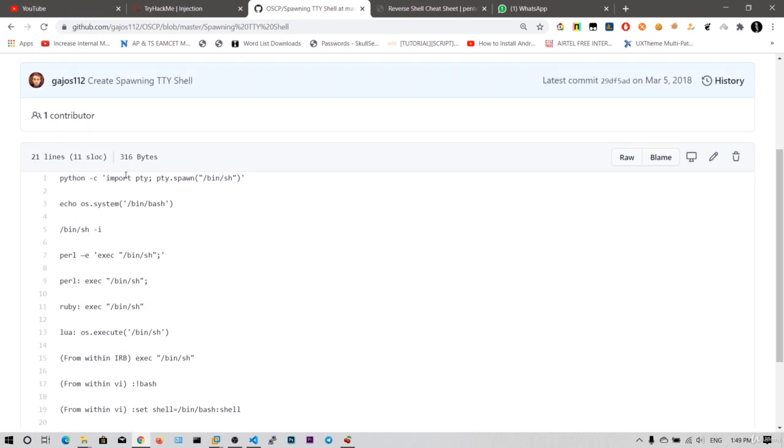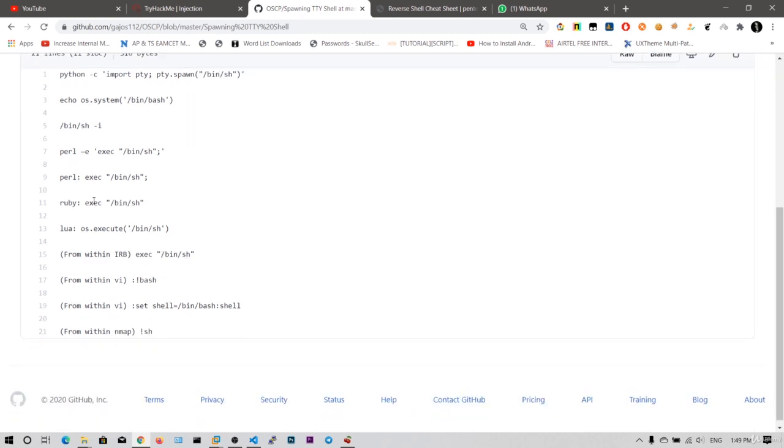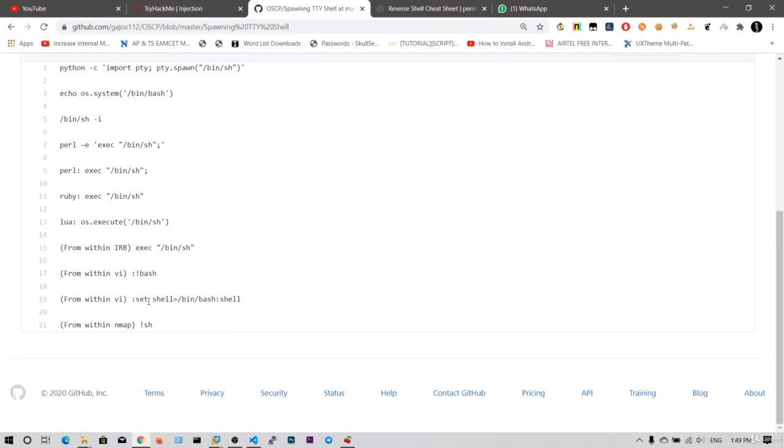In the same way, pty will spawn a bash and it will replace the current process with this one. And if you have the Ruby programming language installed on that victim machine, you can use Ruby, and you can also use the Lua programming language. And I don't think you can access the vi editor using this normal shell. Of course, if you access it, you can just type a semicolon and then an exclamation mark and bash. You will get the bash prompt.